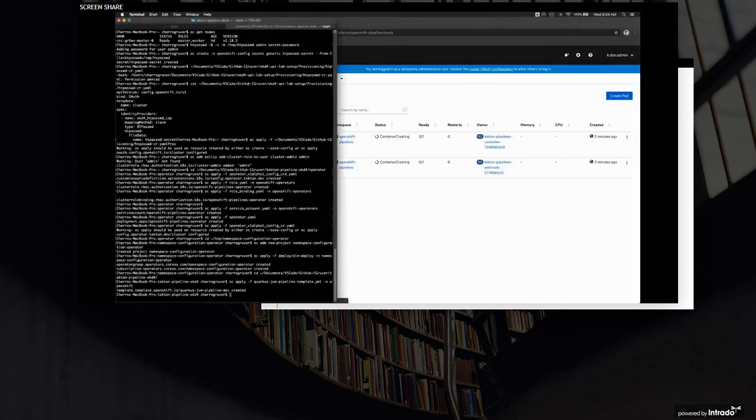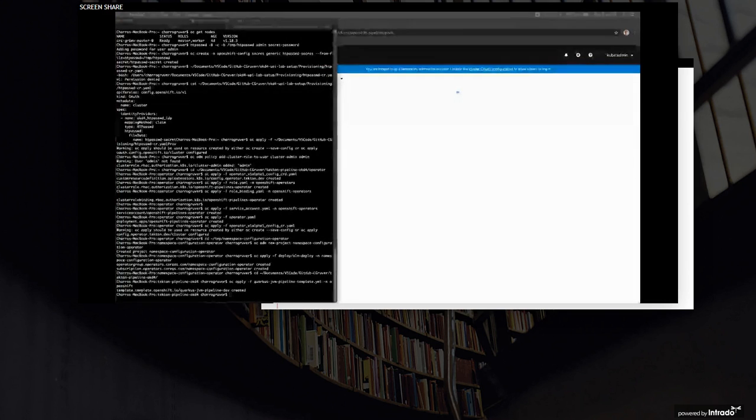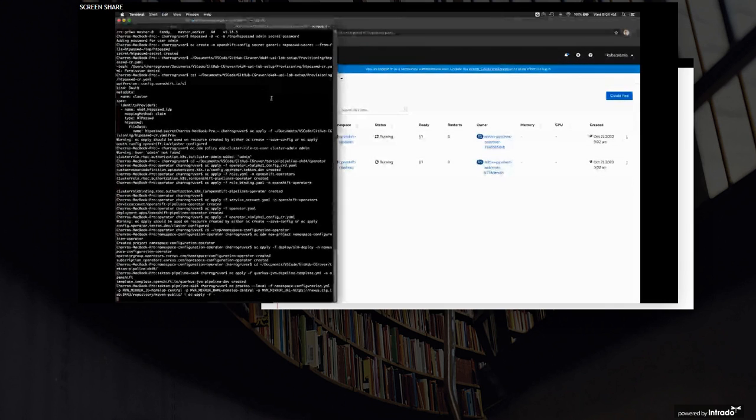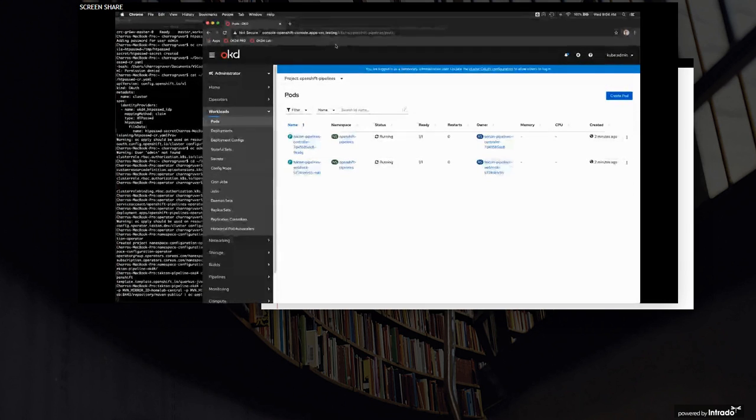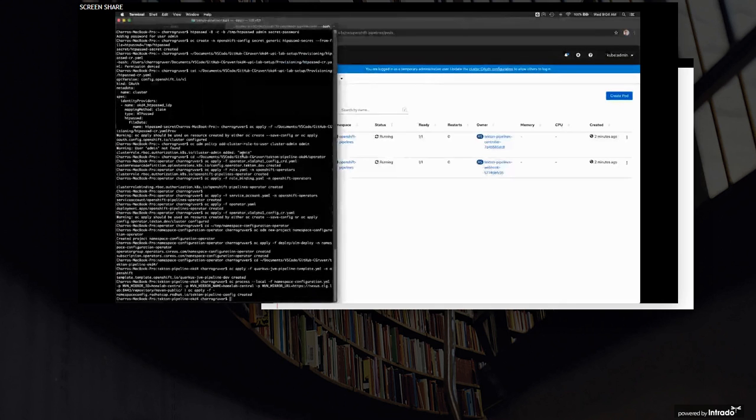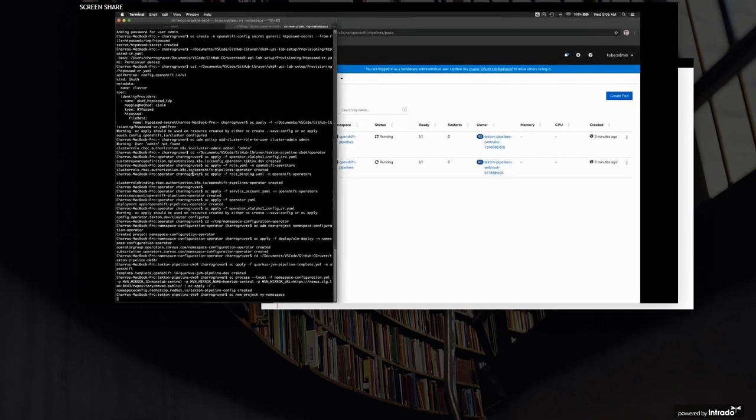And when we're done here, you can see now over here, our pipelines is fully deployed and running. And I just created an instance of my namespace configuration. Now, if I create a new project, my namespace,